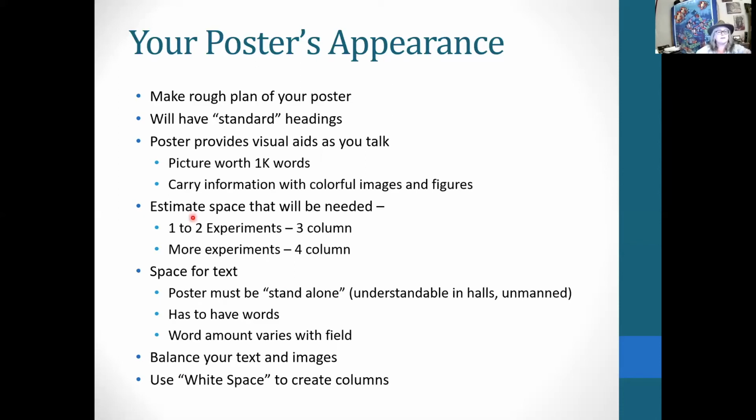But anyway, when you're thinking about what your poster is going to look like, you kind of want to make a rough plan. You don't want all the figures in the last column. You don't want so much space left over because you are only really putting one experiment on there. You decide you need a 3-column poster format or a 4. On a 3-column, you usually have only a couple of experiments. On a 4-column, you have more experiments. On a 4-column that you expand up to 42 inches tall, it means I almost have too many experiments, but it needs to be a little bigger. So you kind of plan and you figure out what pictures you need,